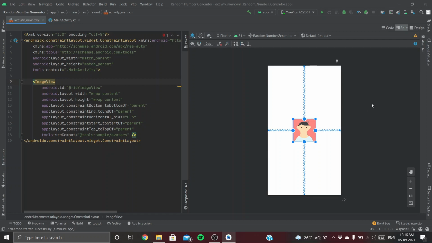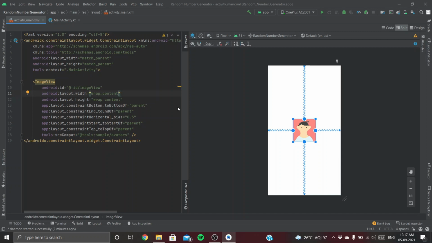Cool, now it's in the center. When you look at the XML code, the layout width is given as wrap content, and also the layout height is wrap content. What that means is the allocated size gets automatically adjusted to the image's original size. So if the image is pretty big, width and height automatically get adjusted to the original size of the image.